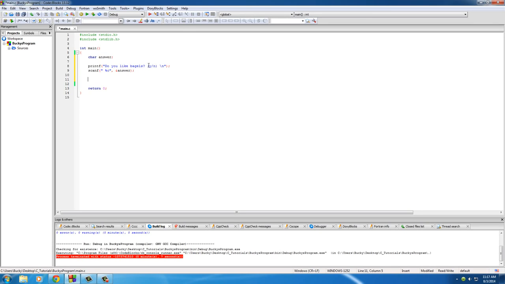Now we want to make sure that they actually did write Y or N and they didn't type something stupid like P or the word meatball or anything like that. Because if they did, well, then it just broke our computer program. So let's go ahead and make the basic structure first. We'll make a test so that if they enter the correct data, then we'll print out